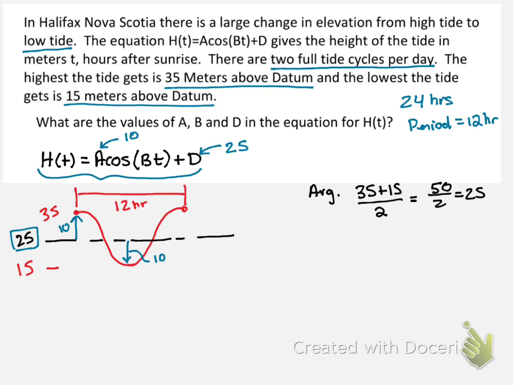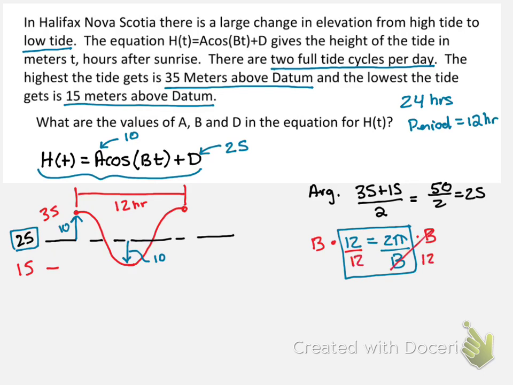The next thing that we need is our B value to get a period equal to 12 hours. We know that we're going to have 2 pi divided by B. So this is the equation we're solving for. When I multiply by B on both sides, and divide by 12,